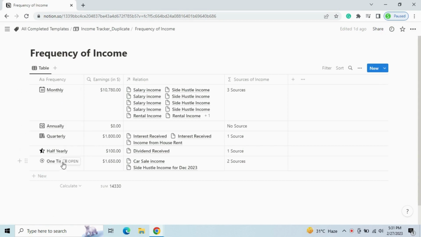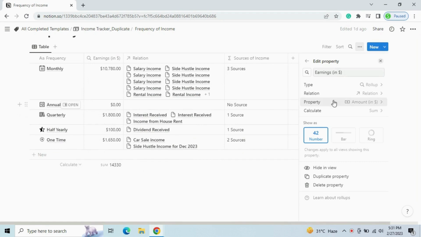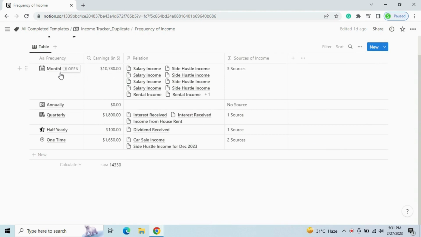Next up, we have earnings associated to each frequency of income. This is a roll-up property, which is derived from the related property in the next column. This calculates the earnings amount, that is the property, and we derive the sum value for this. So essentially, earnings related to all forms of income is represented for each mode of frequency of income over